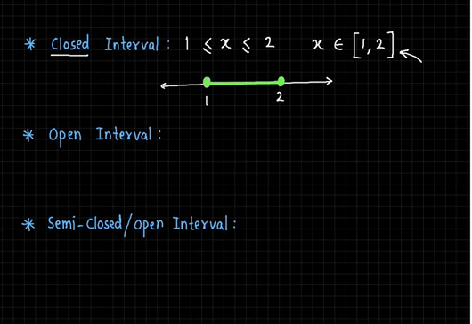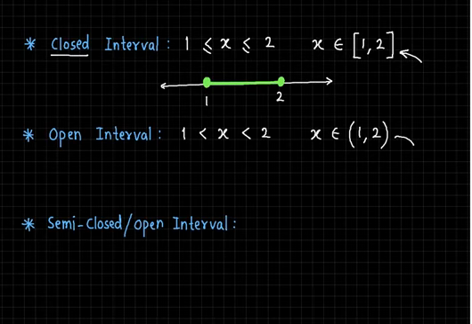In case of open interval there is only a minute change. Okay. Here we have x lying between 1 and 2 strictly. That means you see there are no equalities now here. That means x still can take all the values between 1 and 2 but cannot take the values 1 and 2 themselves. Okay, so this is called an open interval and it is denoted by round brackets. So we write 1 to 2 but in round brackets.